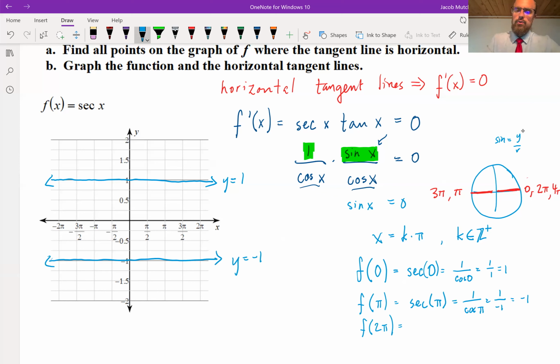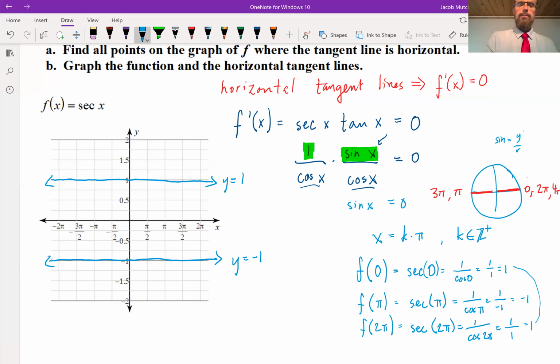And let's use 2 pi to see if there's any others, perhaps a third horizontal tangent line. Secant 2 pi is 1 over cosine 2 pi, and 2 pi is equivalent to 0. So cosine there is positive 1. And that's not anything different. Notice it's a repeat of my 1. And so what I'm seeing is that it's going to oscillate between having a 0 slope at negative 1, 0 slope at positive 1, negative 1, positive 1, back and forth and back and forth. So for part B, we've graphed the horizontal tangent lines. What we need to include now is